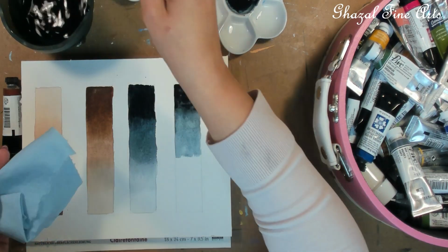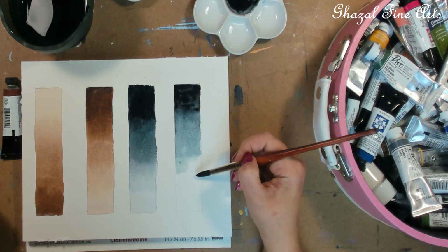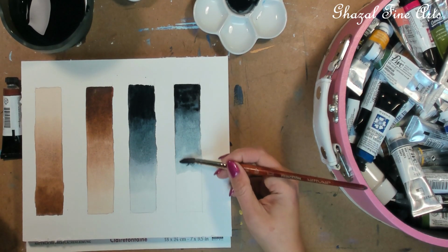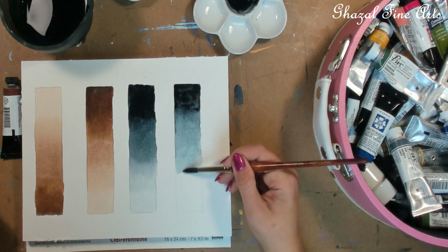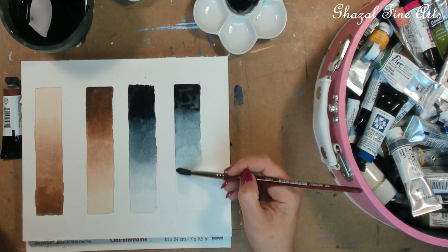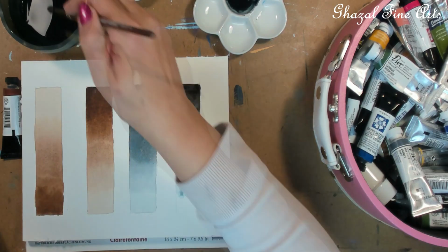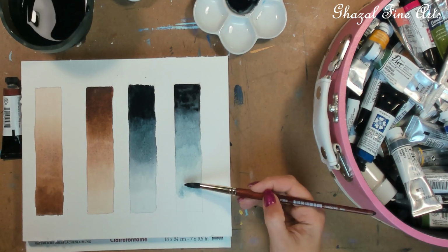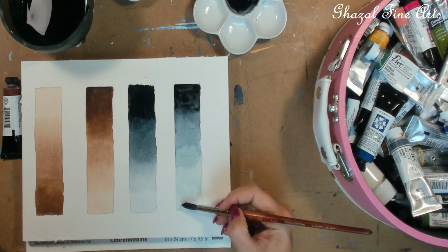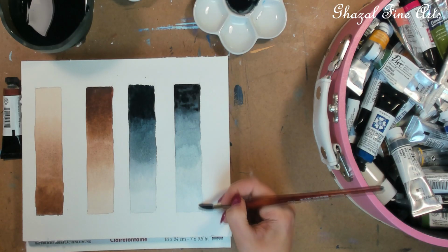And again wash the brush, touch the napkin, and every time you apply, try to make it lighter, lighter and lighter. And I try to use the whole hair of the brush, not just the tip of the brush. And then again apply more brush, more water. Again apply more water, clean the brush. And this time we need to be really transparent and light with very less paint, and just try to add more water to our